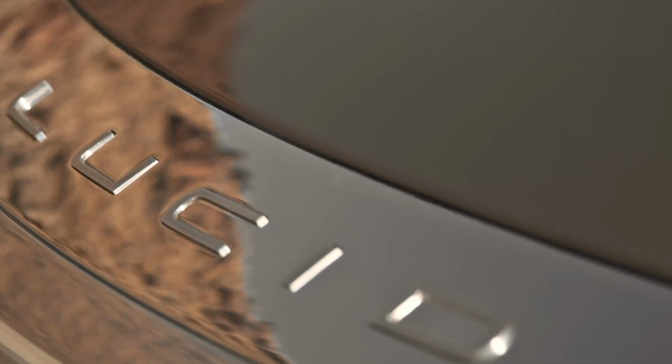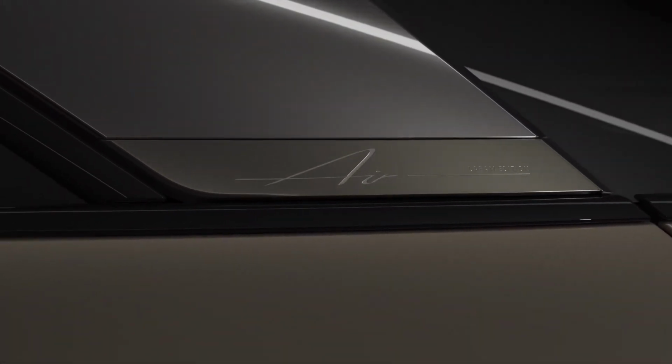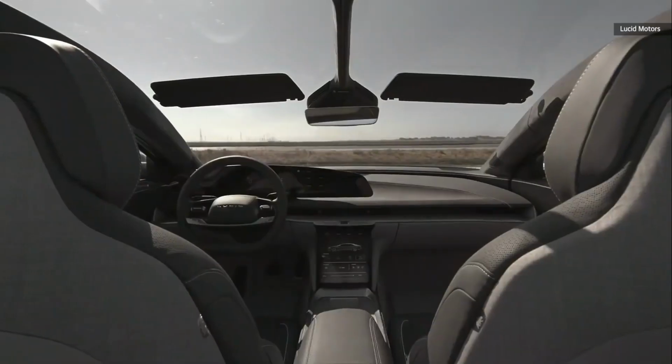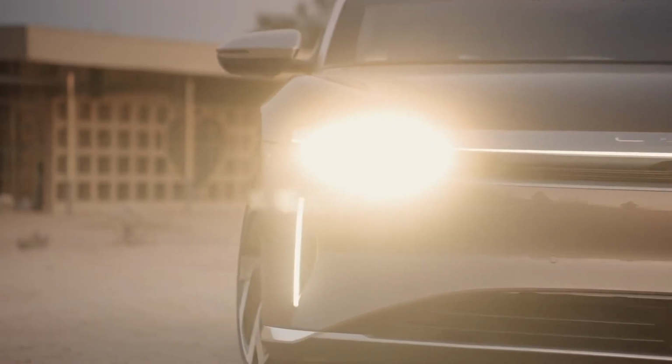I mean, look, we're not exactly finding ourselves rushing out to plop down a substantial down payment for a pretty nice house in one of these. I mean, it's cool enough, but I'm just not getting that blood pumping like something for this amount of cash should. So that's that for the Lucid Air,